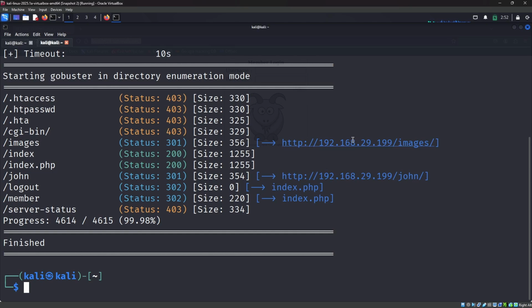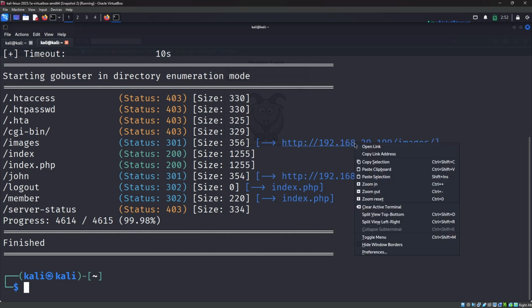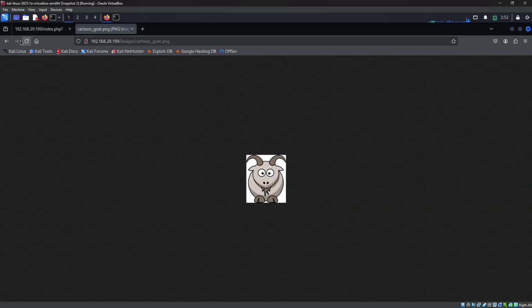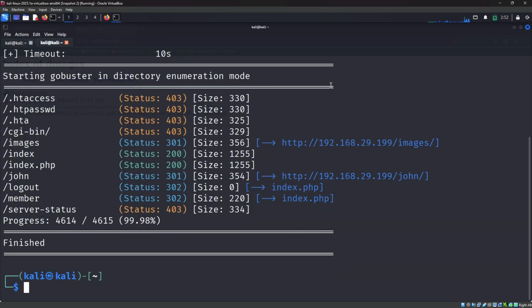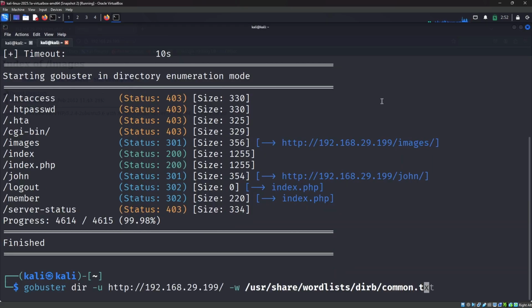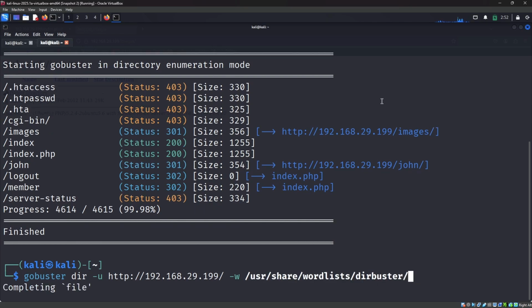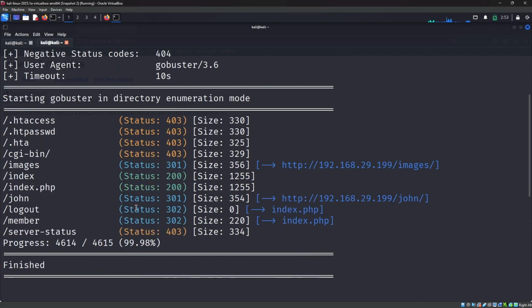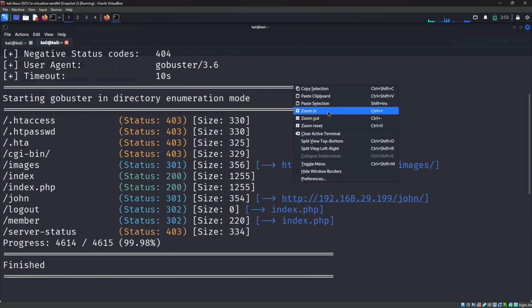So yeah, we can just try to visit the first image directory. In the images, it's about cartoongod.png. So in the meantime, we can just try using some other word list. Here I am using the Dirbuster and the directory-list-2.3-medium.txt word list. So let it run. In the meantime, we can look at what is in the